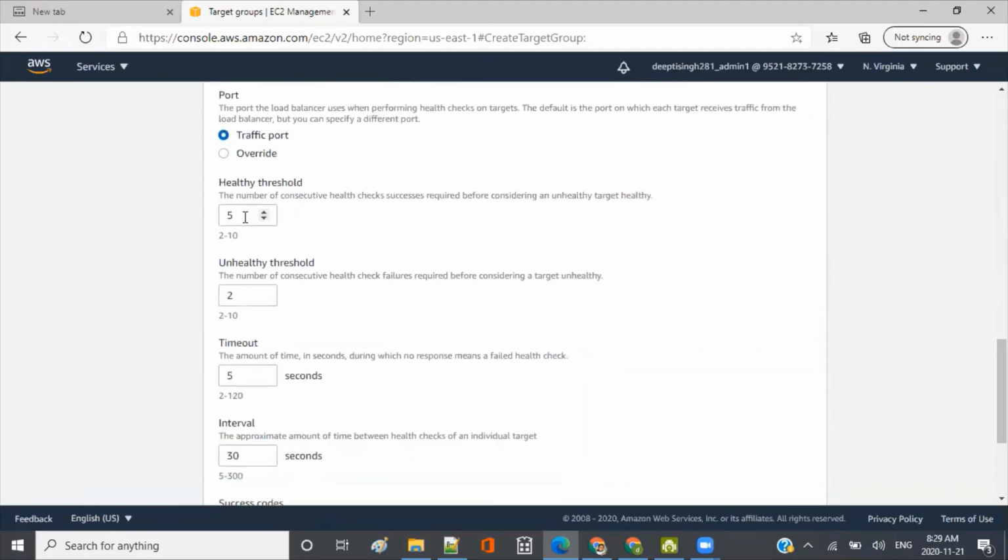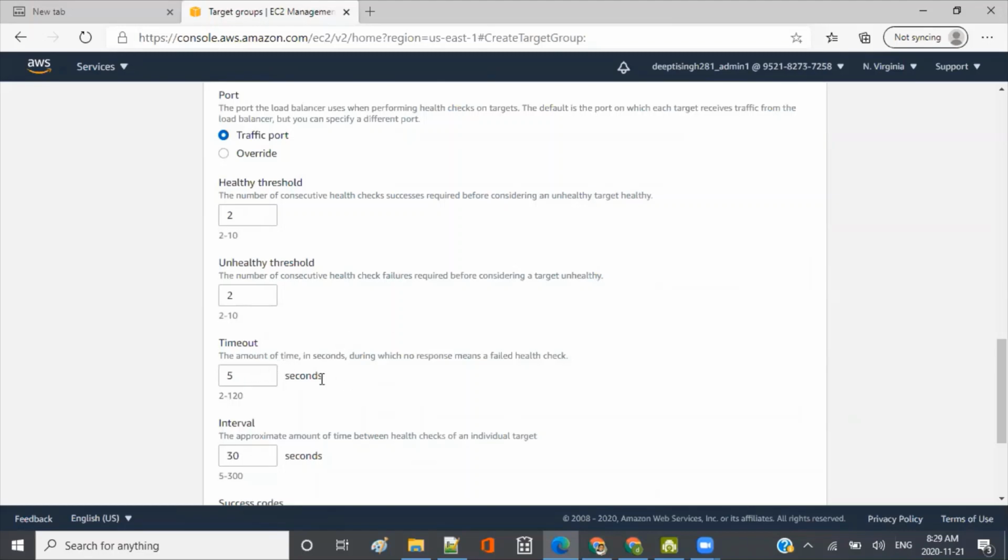So healthy threshold, after how many checks you want to say that my instance is healthy. I just want to say after 2. Unhealthy, 2 is okay. If 2 times it tries to access index.html and it's not able to access, it will mark it as unhealthy instance, and then it will terminate this and launch another instance.